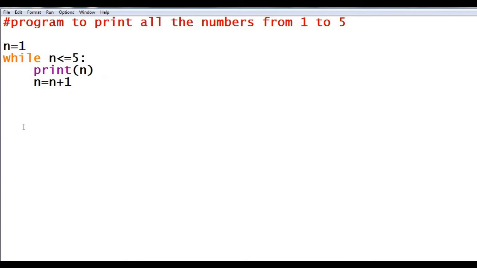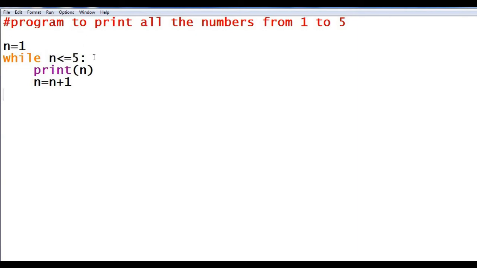When we studied while loop, we have seen some important statements that we have to include in while loop. That is initialization statement, condition statement, and also we have to include updation statement. But in for loop, all these three are included in a single statement. We will learn it through example.